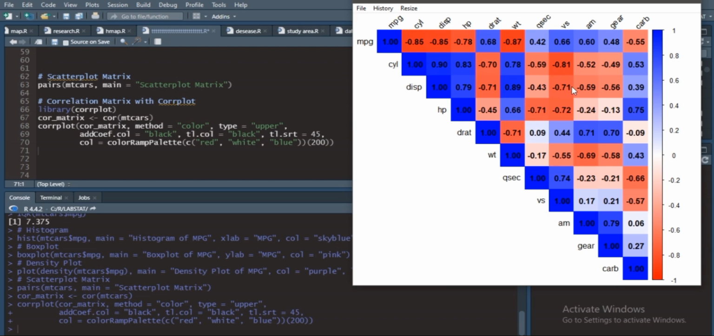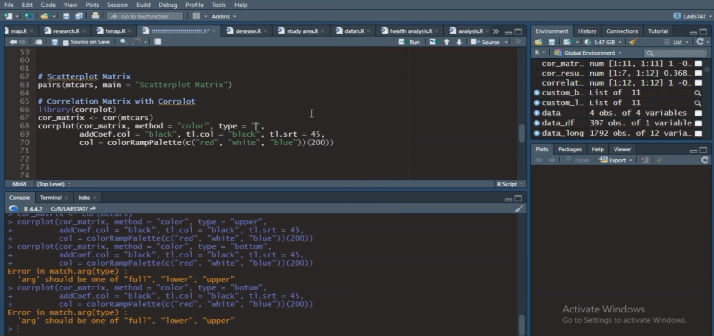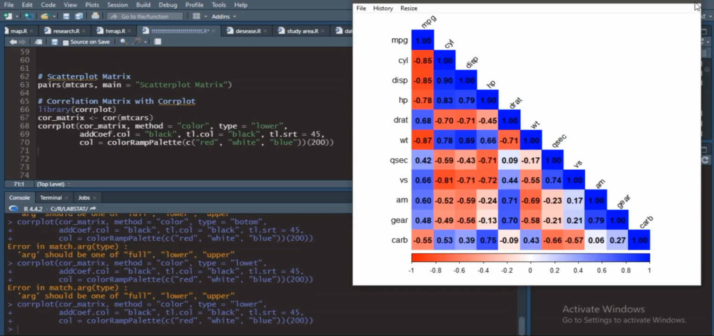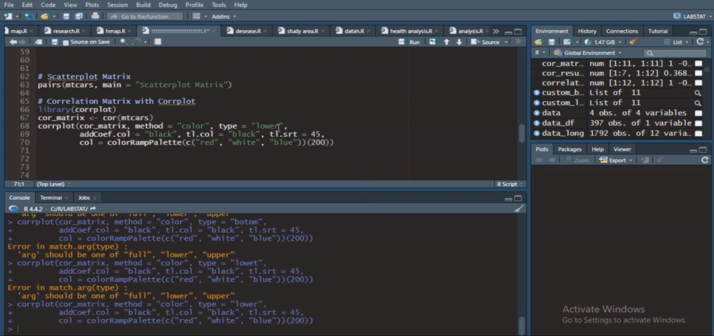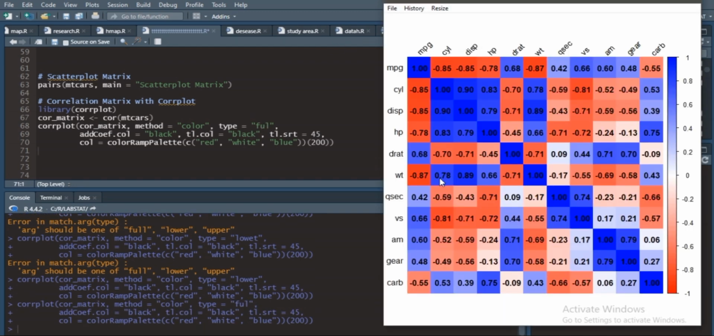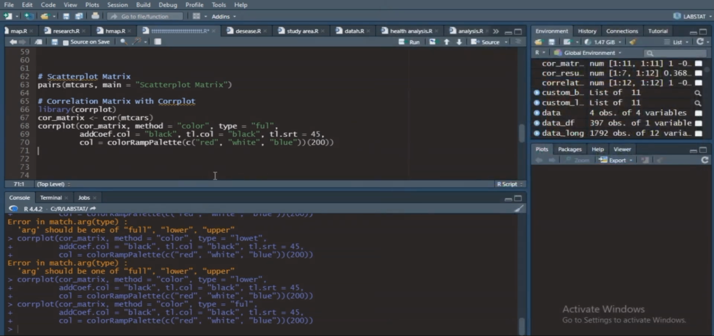This is showing us the relationship between the variables. If I edit this to lower, you're seeing here this is the look, and if I edit this to full, it will show us this kind of corrplot. So next,